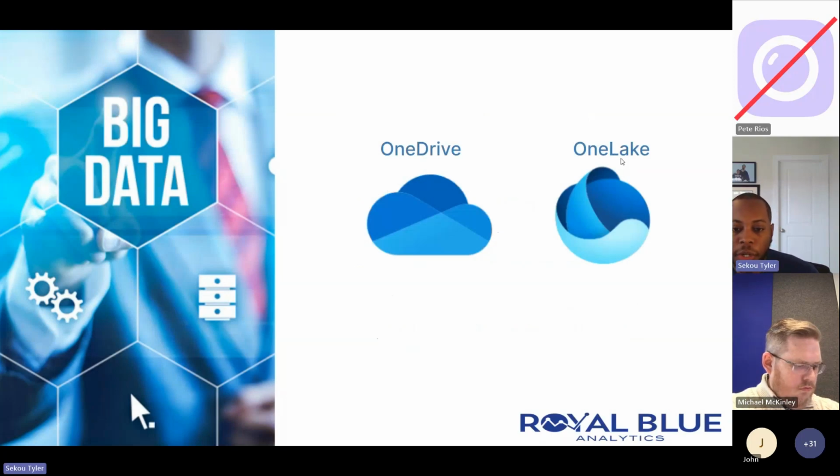So the biggest piece when it comes to a Microsoft perspective, if you haven't heard of OneLake, I like to mentally equate it to OneDrive, where you have folders that you can store actual Excel files in, and that's your tabular format. But then you also have the ability to store your MP4s, your JPEGs, your audio files, your IoT data, whatever it is, right? You can actually drag and drop that into OneDrive, and that becomes your storage unit. So to me, from a data side, OneLake is